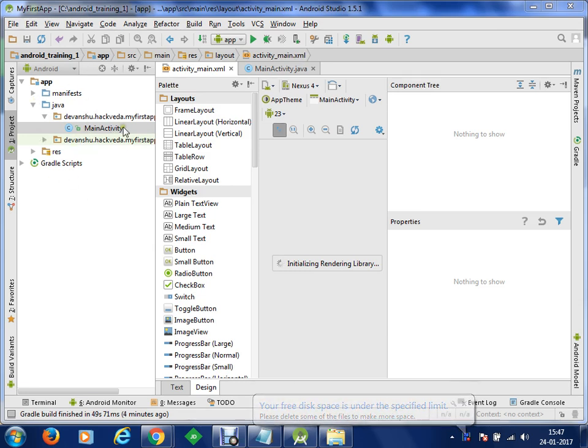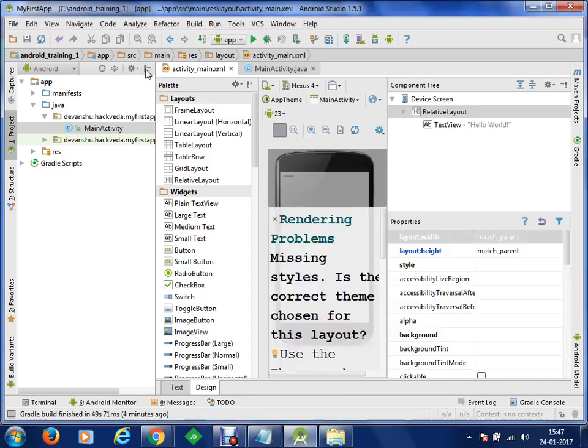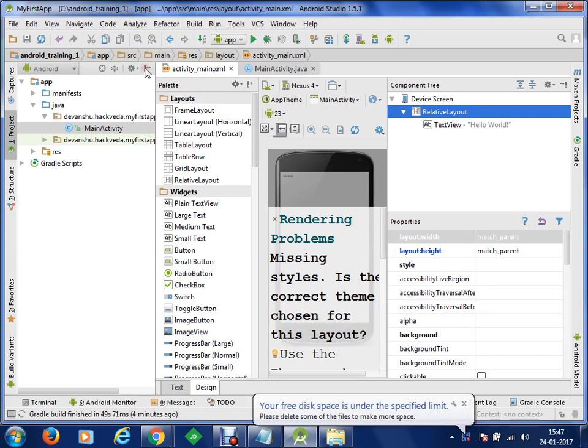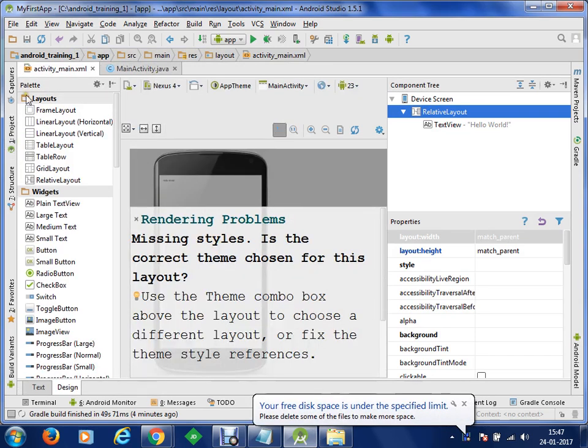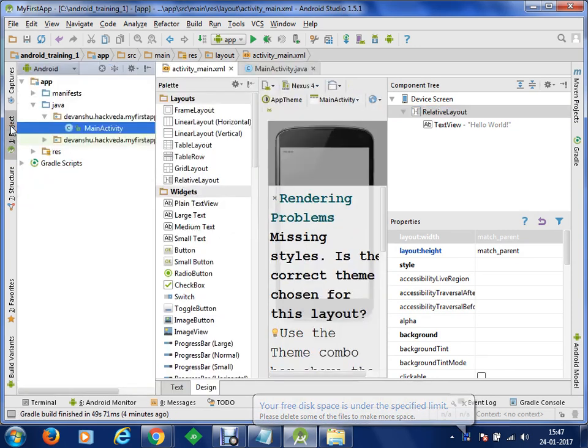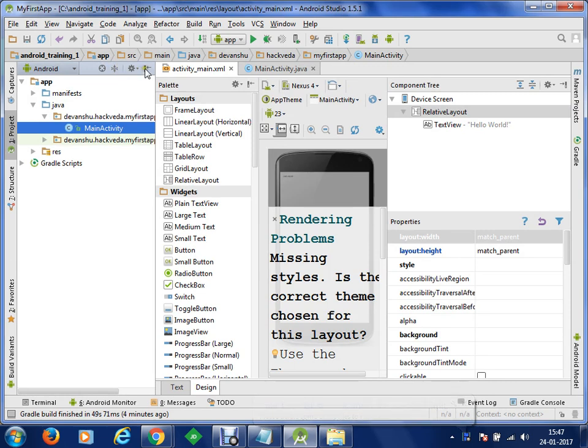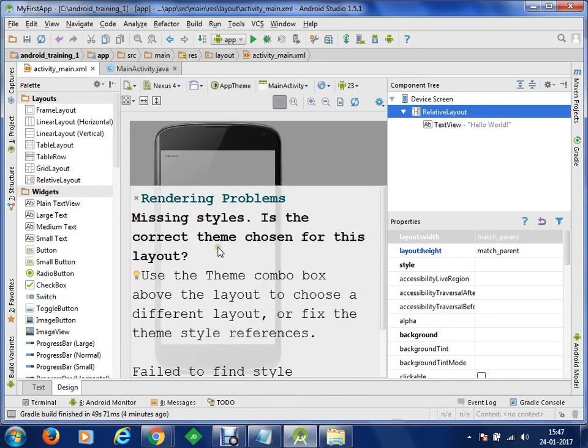You can hide your package explorer for some time using the undock option here. As soon as you click, that will be hidden. And in case you want to open that again, you can simply click on the project section here, and that will open. Let me hide it for a moment in order to show you how things look.